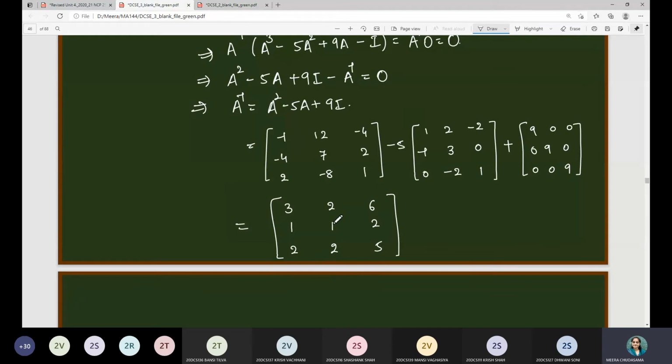So this is how we find the inverse of a matrix using the Cayley-Hamilton theorem. If this Cayley-Hamilton theorem is not there, then you have to find the adjoint of A, consider the determinant with the division, then you will have the answer, or you can go for the Gauss-Jordan method you have studied. Which one is more convenient?